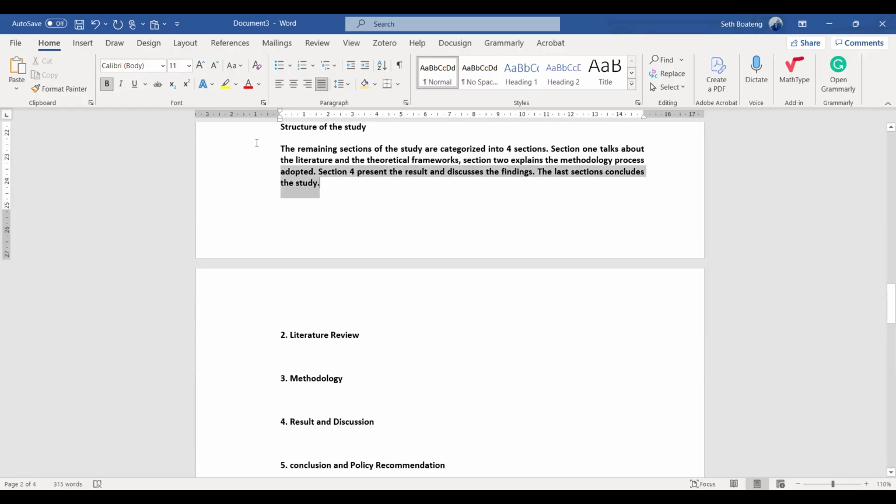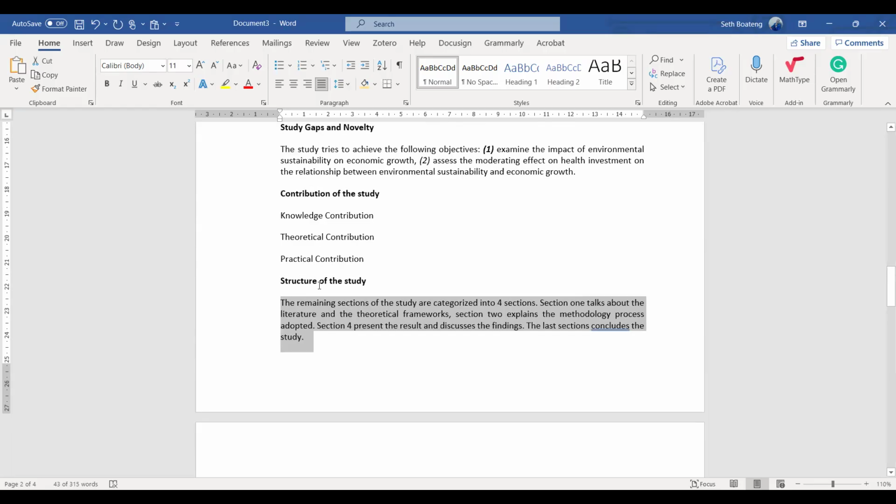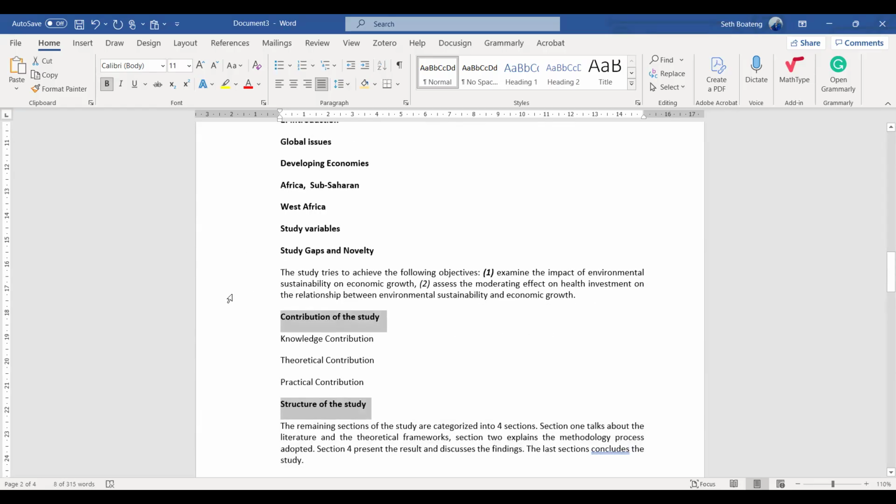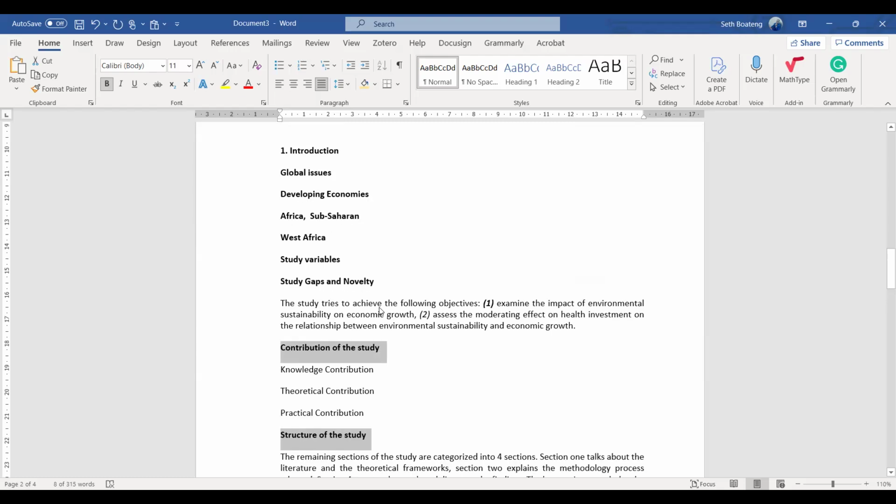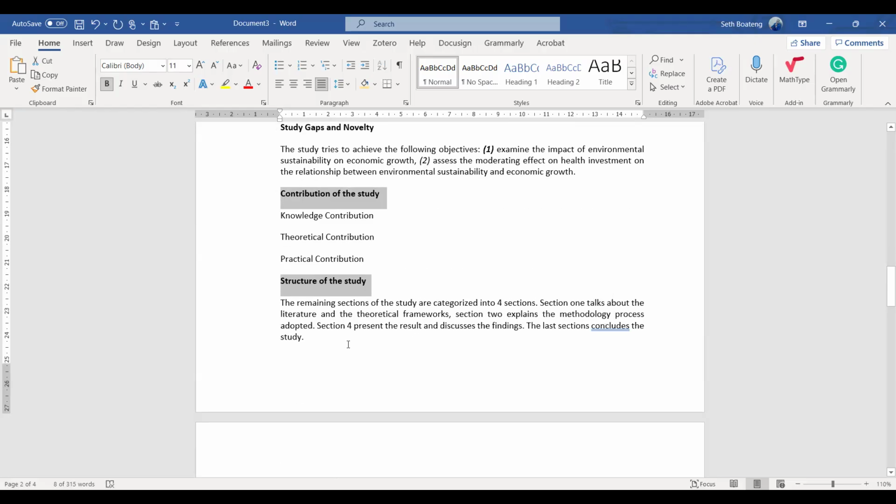You shouldn't write anything long. Please do not use these subheadings. I beg you. Do not use "contribution of the study" or "structure of the study" as headings. Just structure your introduction in that form. Then you end it. This one is very important: structure of the study.